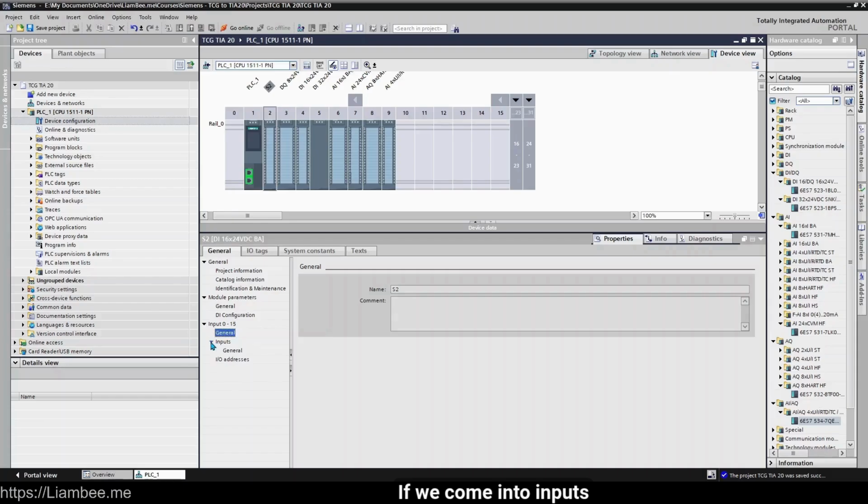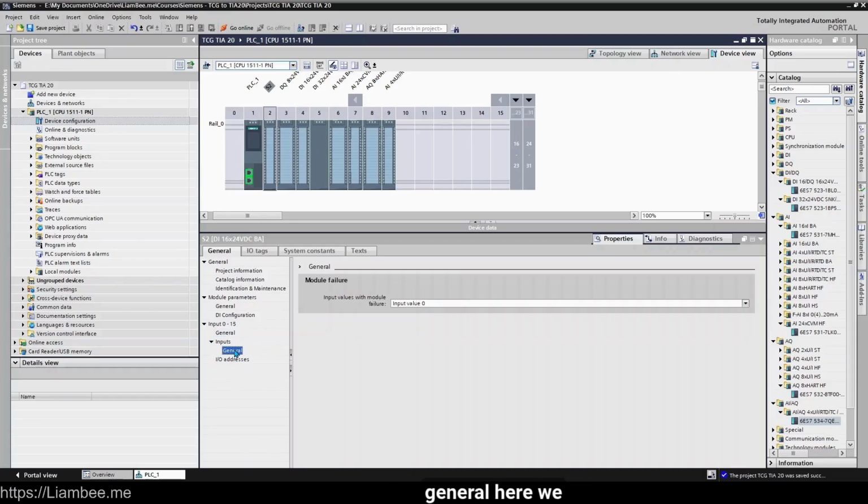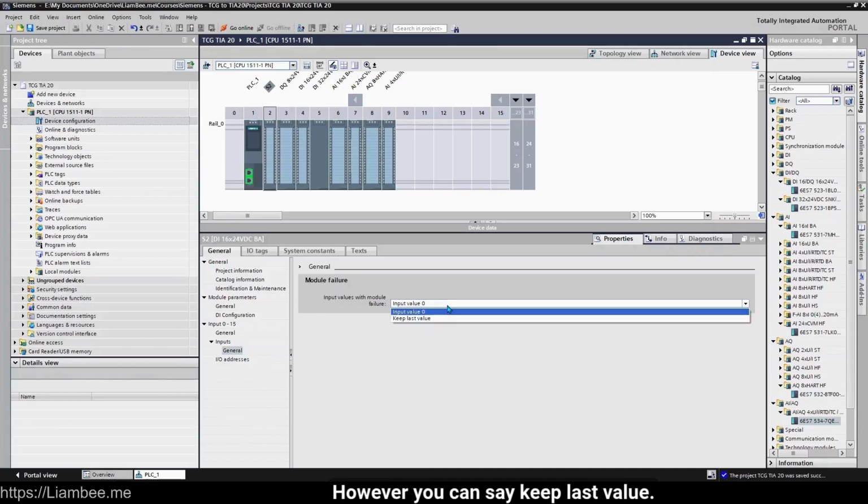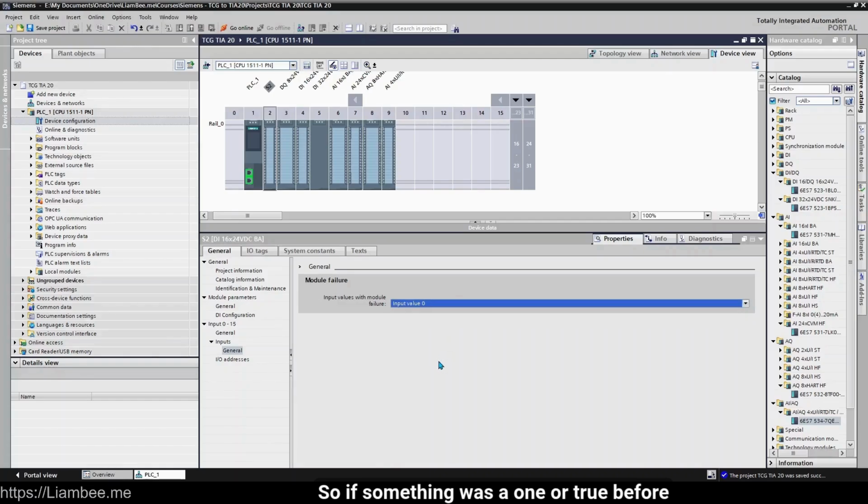If we come into inputs, general, here we designate what we want to do if the module has a failure. So input values with a module failure, we set the input value to 0 or false, and that is the default for one of these types of cards. However, you can say keep last value. So if something was a 1 or true before the failure, it will remain as a true during the module